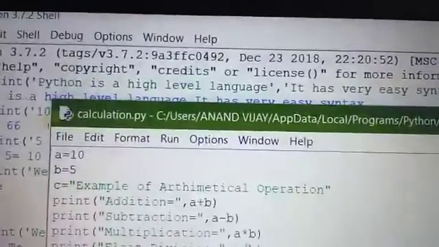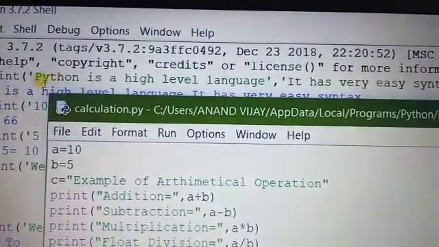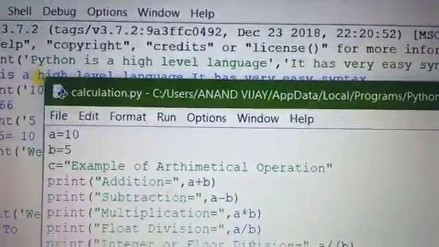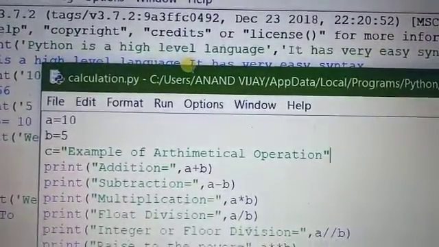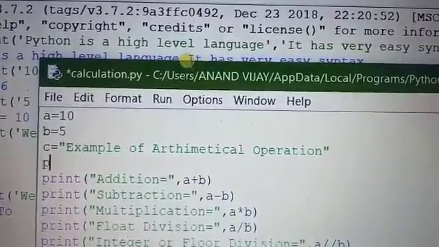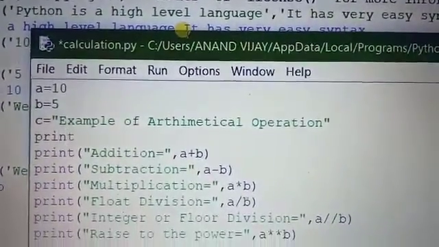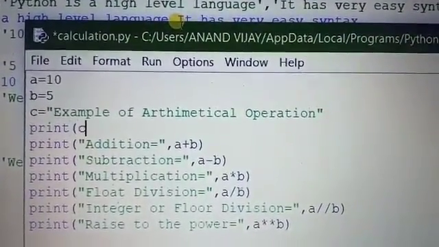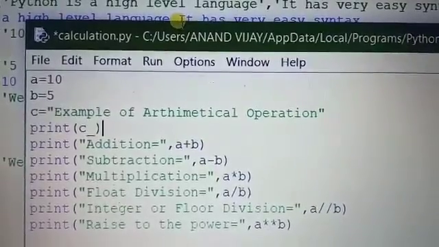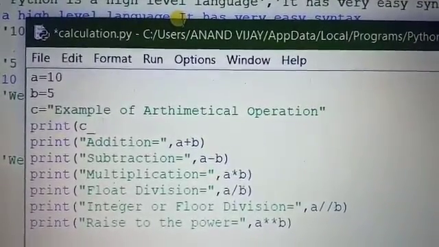Look, this is where we define the variables: a equals 10, b equals 5 and c equals example. We do not print c here, so we start the print. First we have defined print c, which prints the example of mathematical operation.